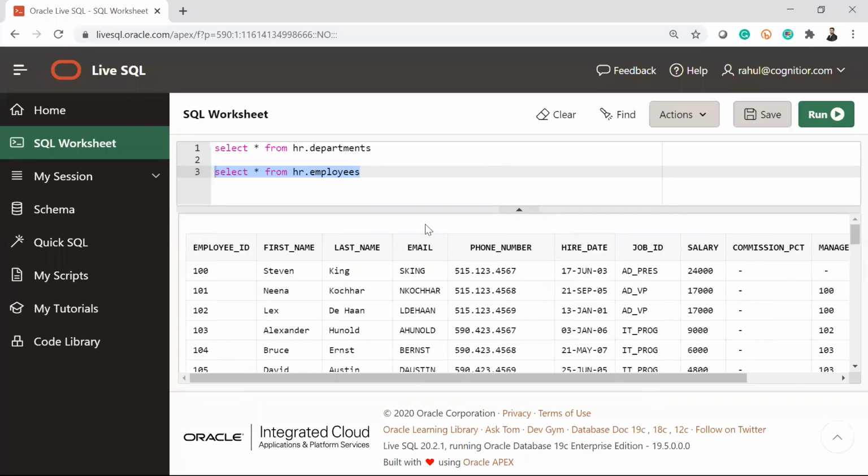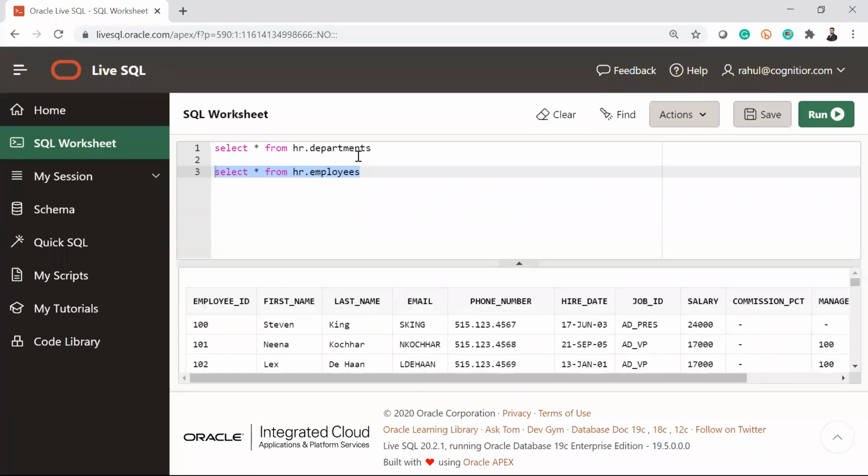Now, as I mentioned, I can select the table in multiple ways. Star means all the columns. I want all the columns from the table, so all the columns are coming in here. But suppose I don't want all the columns. I just want a few of the columns. Then what I will do, let's say I am looking for first name, last name, let's say email, and salary.